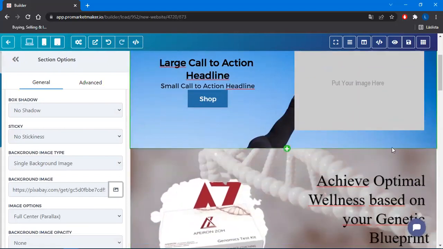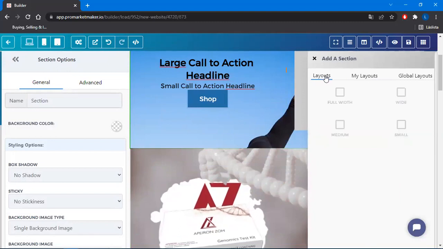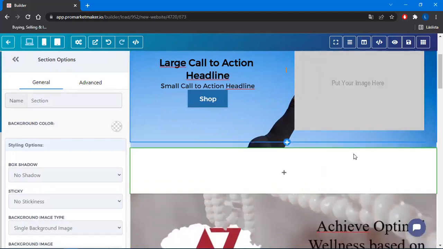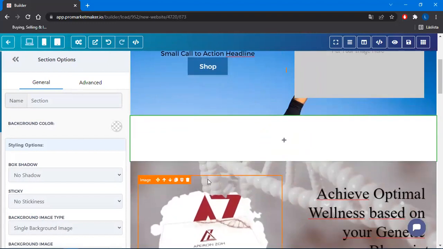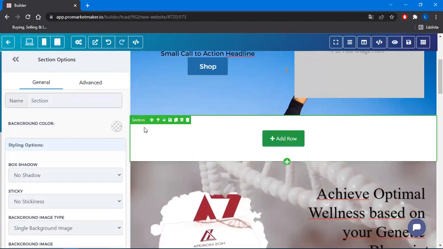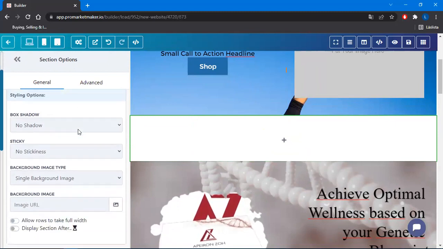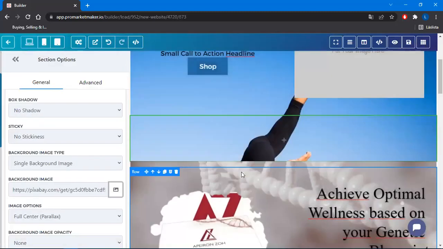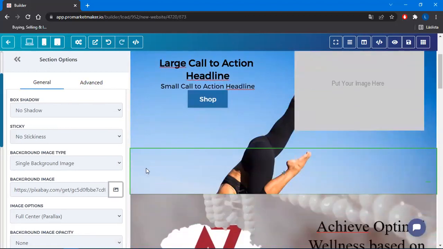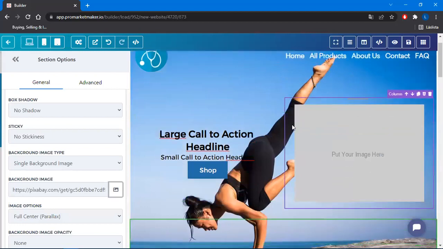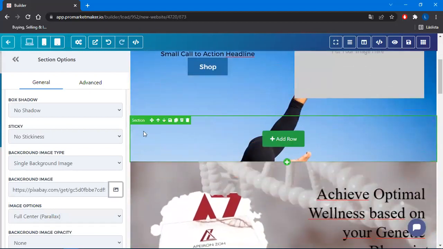Now this line, to fix it, I'm going to add another section in between these two sections with the full width, like so. And on this one, I can either choose to add this background picture or that one. It doesn't really matter. But for now, we're going to choose the same one as the top. So as you can see, because we chose the same one and they all say parallax, they just blend together as one. Why I did this is because now I can,